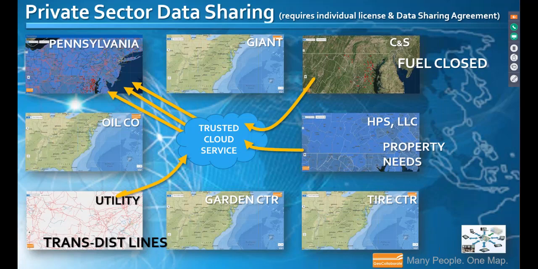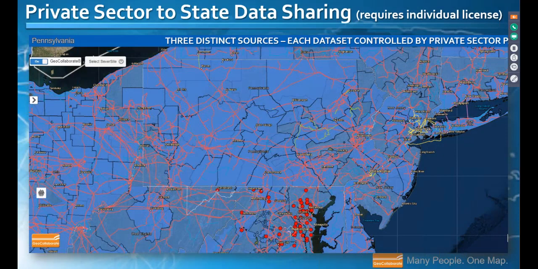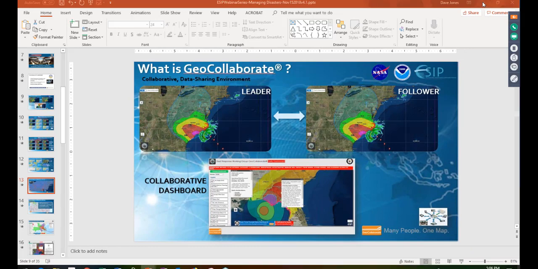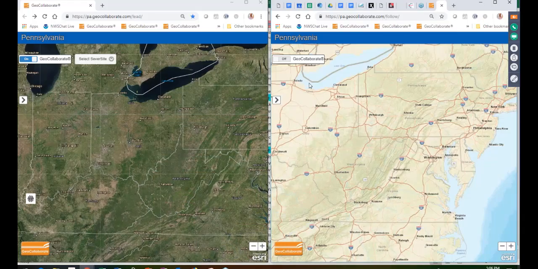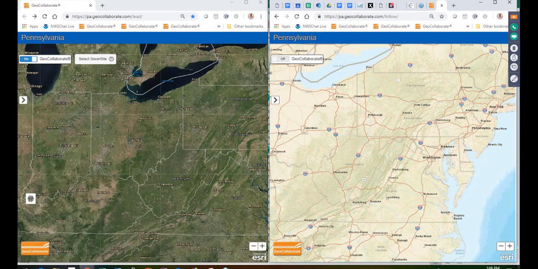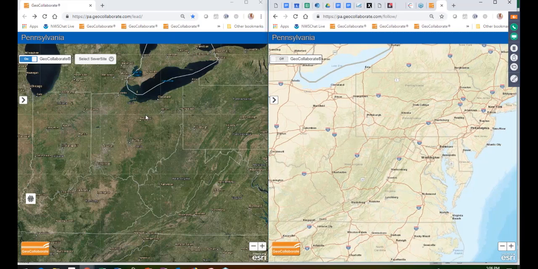That's right, exactly. So we'll go through that, and what I'm going to do now is minimize this PowerPoint and bring up these two instances of Geo Collaborate that you see on the screen. I want to go through a quick little example. On the left-hand side is a Pennsylvania emergency management instance of Geo Collaborate. It's not their actual one. This is just an instance that we're using for testing internally. I have Geo Collaborate turned on, and the map on the right is Geo Collaborate as a follower,